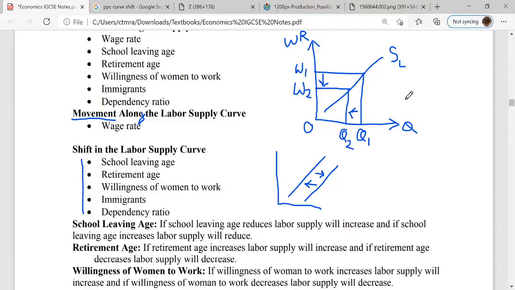If the willingness of women to work is positive, then the supply of labor will increase. If the number of immigrants increases, then what will happen? The supply of labor will increase, because you'll have more laborers now. Then the dependency ratio: if the number of elderly people increases, then the dependent people will increase, and also if the number of young people increases,